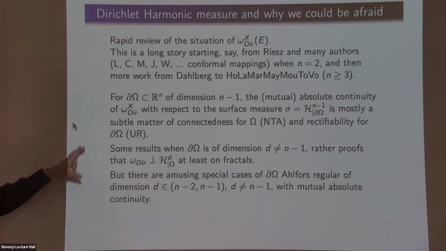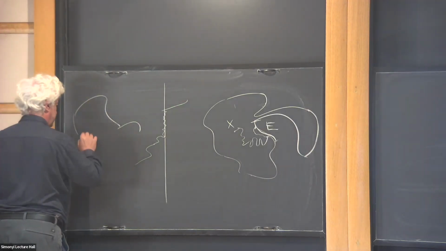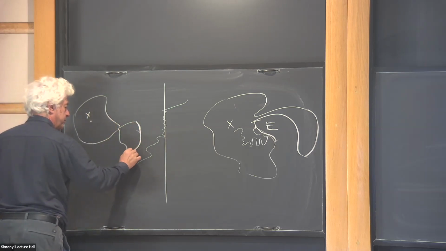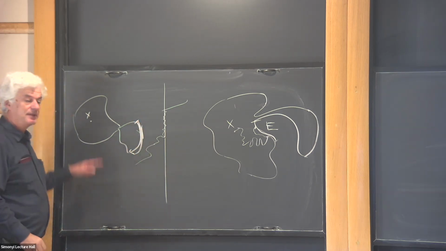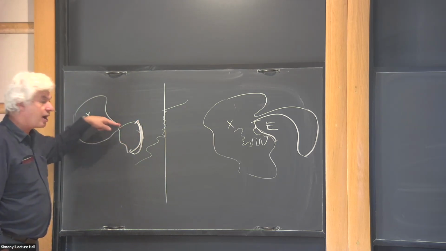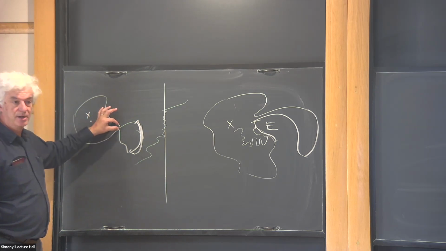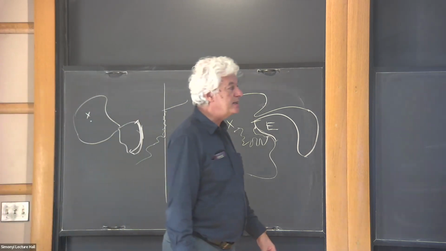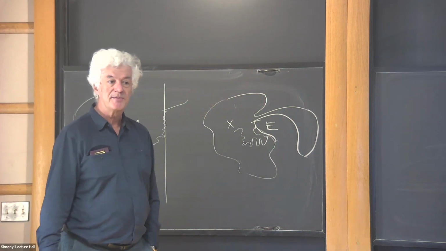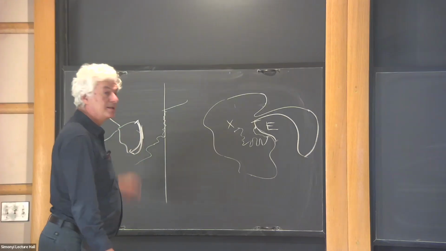And in this context, the answer to the question is a mixture of asking two things. First one, quantitative connectedness. That's also reasonable. If you want to have some reasonable harmonic measure here, which means if you want Brownian paths to go all the way there, it's better if the domain is allowing you to pass through this center here. So typically in the assumptions, we add NTA. I will have a picture of NTA, but I don't want to insist so much on it. It's a way of saying the domain is sufficiently connected that this sort of thing doesn't happen.